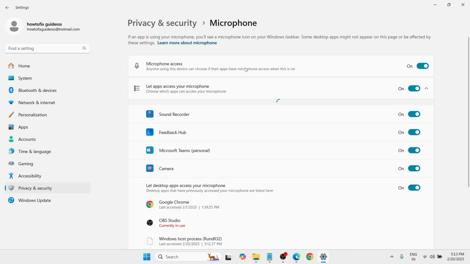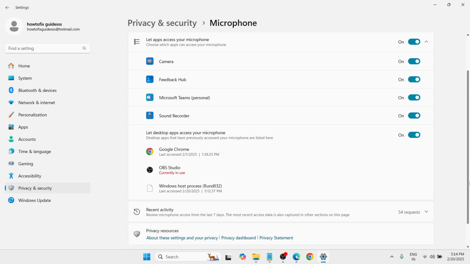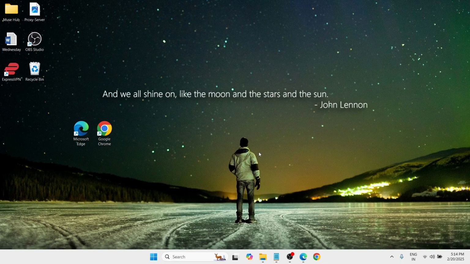And here in the microphone access, make sure that it is enabled and turned on, and might as well all of these options here. Okay, so once done, check if your headset microphone is now working. Okay, and let's see if it doesn't, then let's proceed to the second step, which is at the bottom search bar,